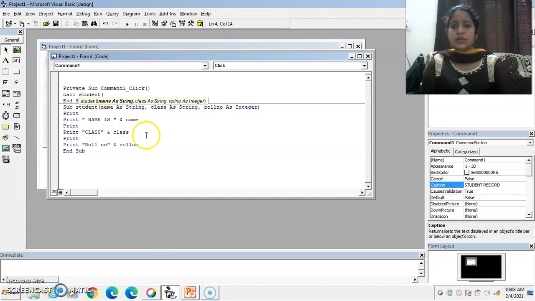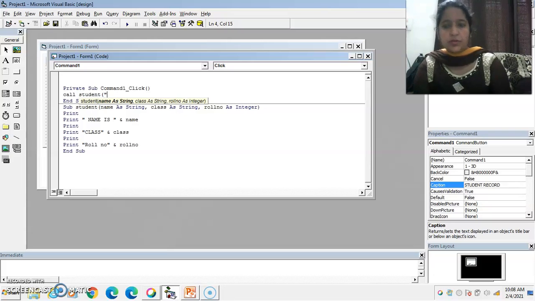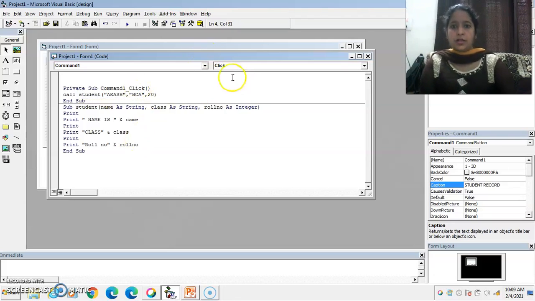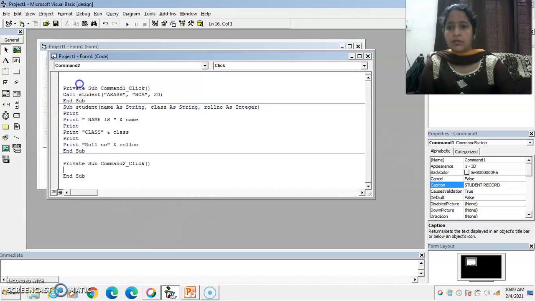Currently I am not using the named arguments. So first of all pass the value for name. Suppose name is Akash. After that class is BCA and last roll number is 20. Write down the coding for command button 2, just put the end keyword here.